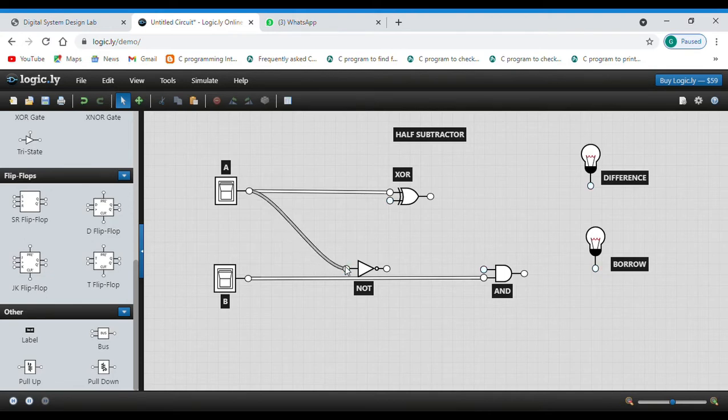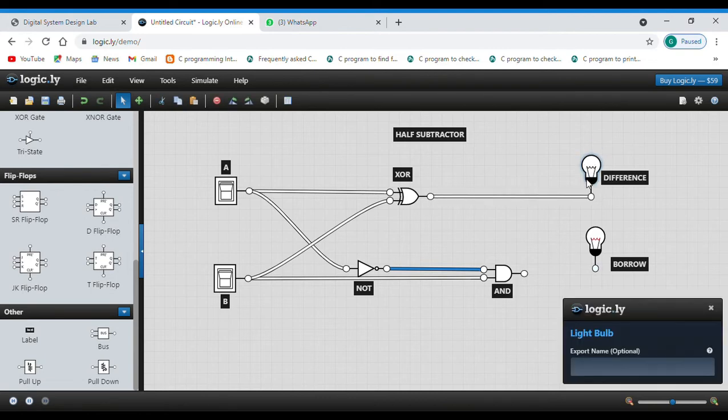Then we'll connect the B toggle switch to the XOR gate. Then we'll connect the NOT gate to the AND gate. Then we'll connect the XOR gate to the difference bulb. Then we'll connect the AND gate to the borrow bulb.